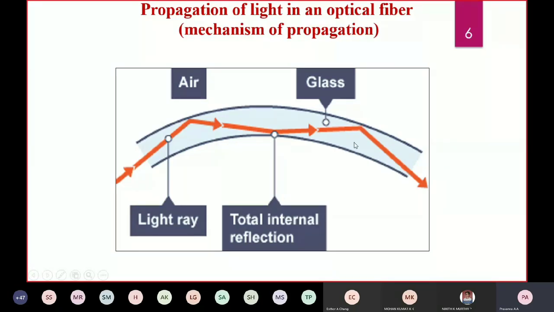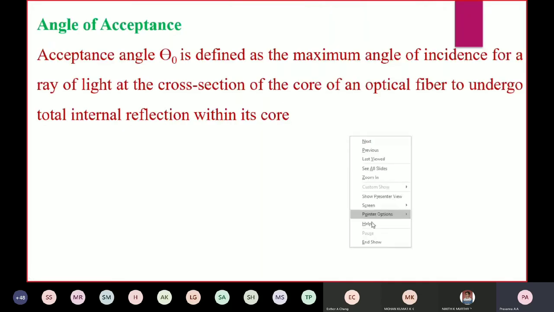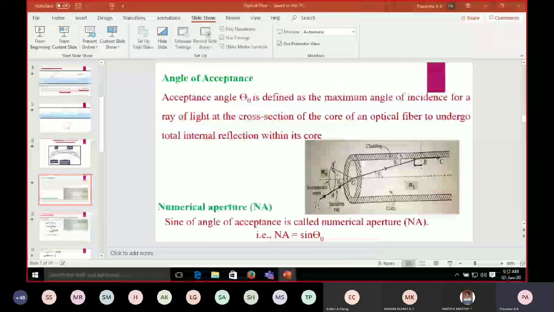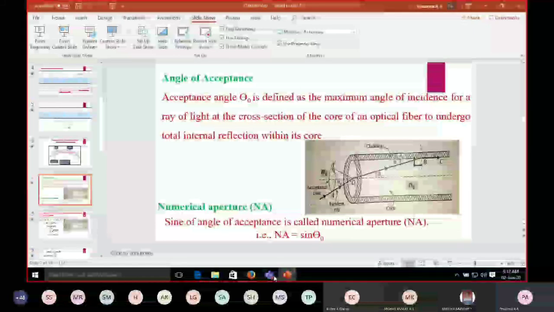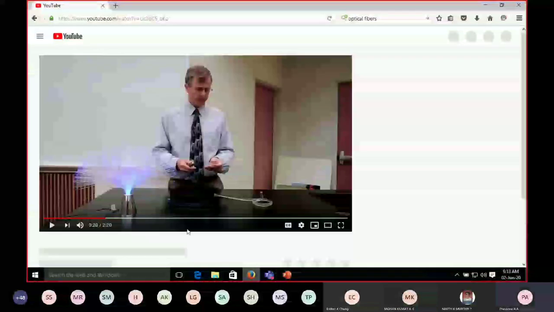So that happens everywhere at the point of incidence if the angle of incidence is greater than theta c. As long as the angle of incidence remains greater than the critical angle, this total internal reflection takes place within the core for a long distance. It may be a kilometer, a couple of kilometers, or hundreds of kilometers. That will continue to happen. Before going to the next part, I want to show you one important thing.